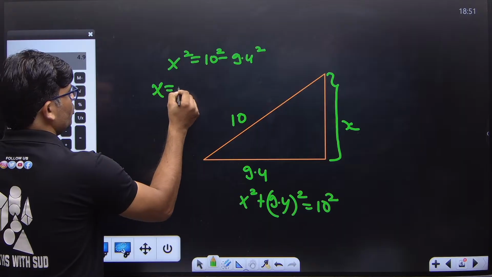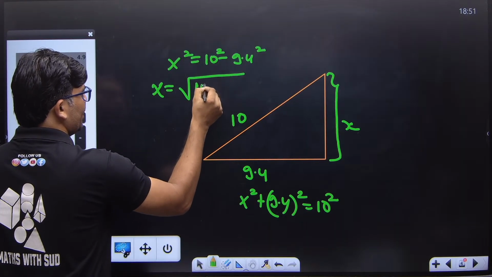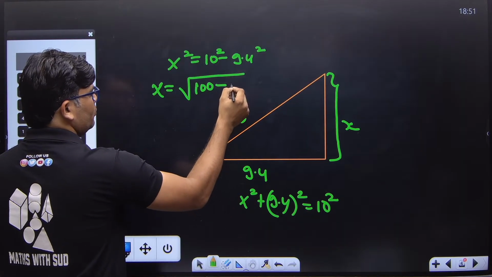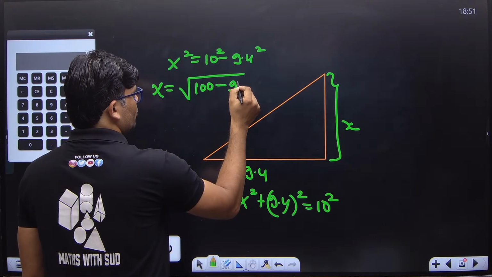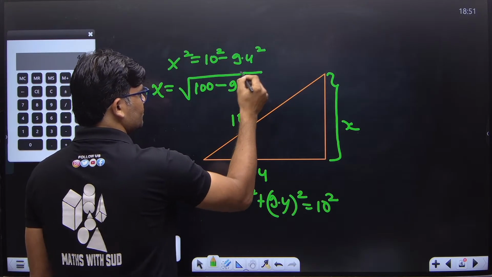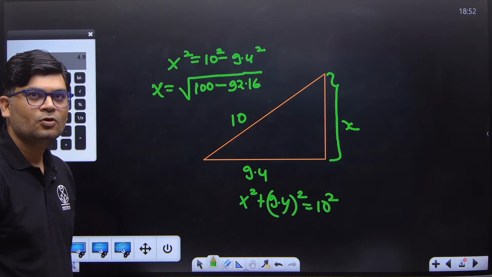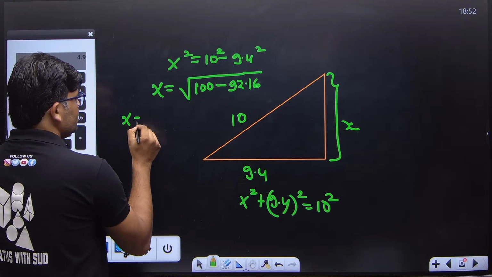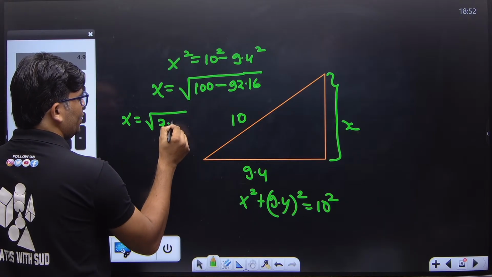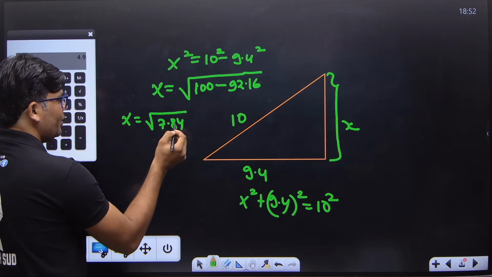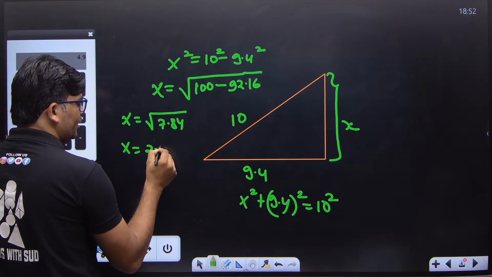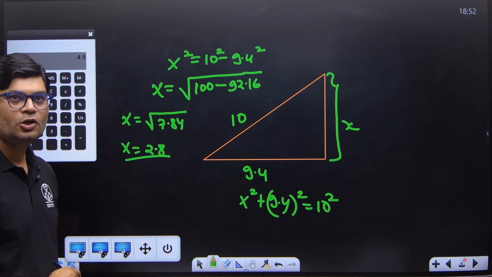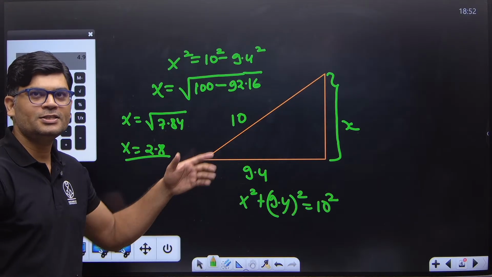So x is going to be under root of, this is going to be 100, and this is going to be 9 into 9. If you find it, you are going to get 92.16. Okay. So x is going to be under root of 7.84, and 784 is a square of 28. 28 square is 784. So we got this as 2.8,